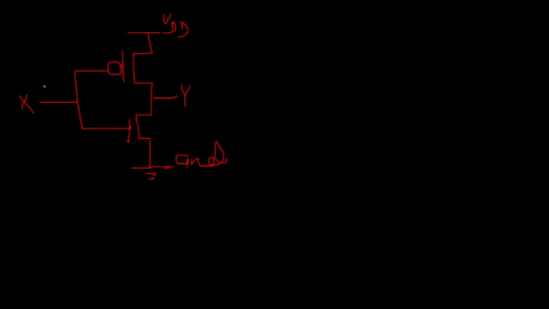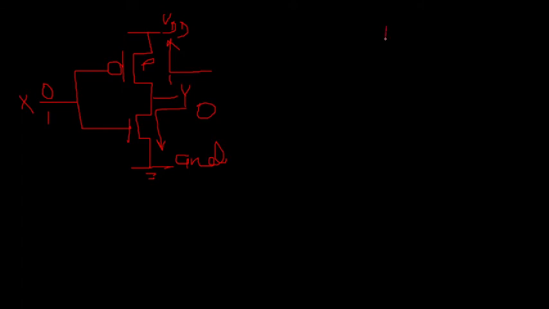So in this, what happens when the input is 0, your PMOS turns on. Whenever a transistor is turning on, it actually means the switch is getting closed, because your transistors also work as a switch in cutoff and saturation mode. So that means your switch is getting closed, that means your output is getting a direct path to VDD and it will be connected to 1. Therefore when the input is 0, the output will be 1, and when the input is 1, your NMOS turns on and PMOS turns off. That means this switch is open, this switch is closed, and your output will get connected to ground and it will become 0.